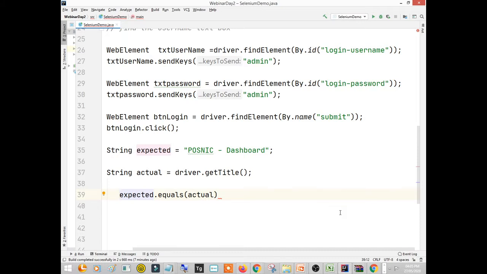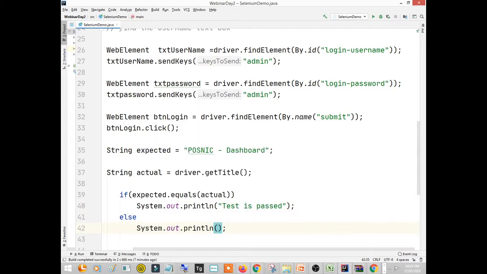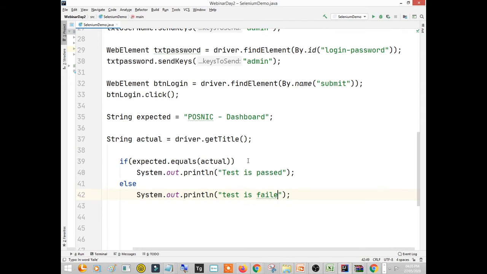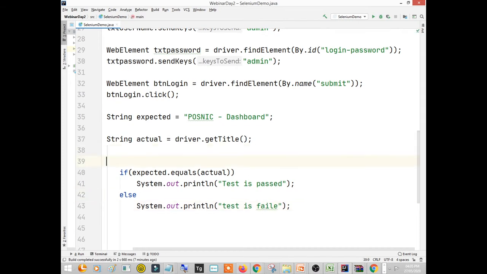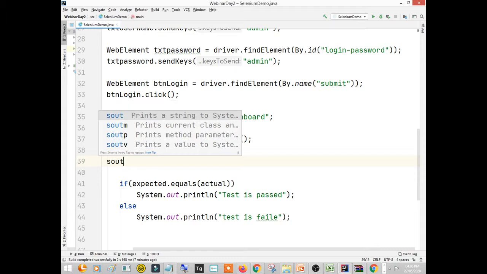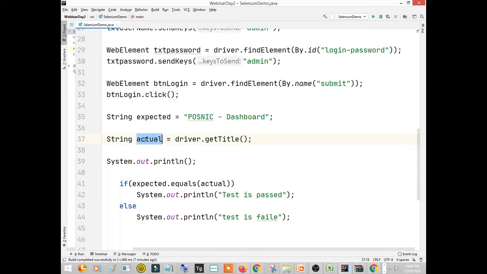So inside this, if it returns true, then System.out.println, test is passed, else System.out.println, test is failed. And prior to this, I'll also print the actual, using System.out.println, which is used for printing statements. So I'll run this program and let's check this.